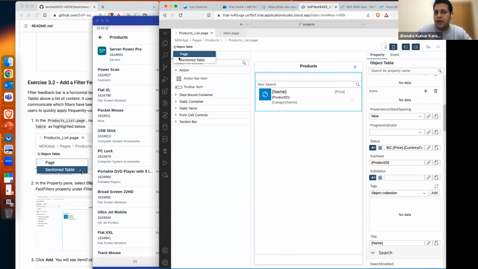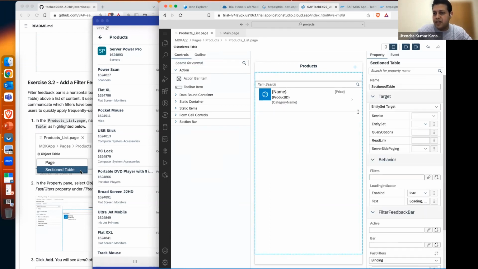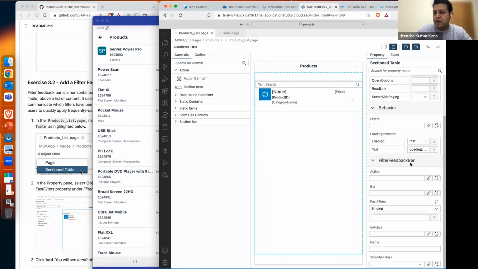page. And the way you add a filter feedback bar in MDK is that it can be added on a section table. So I'll switch to the section table from this navigation. And once I do that, I will have a filter feedback bar section available here. And